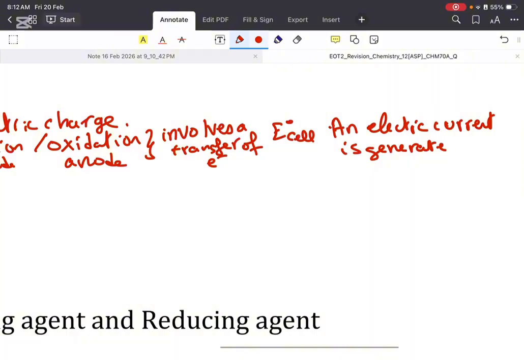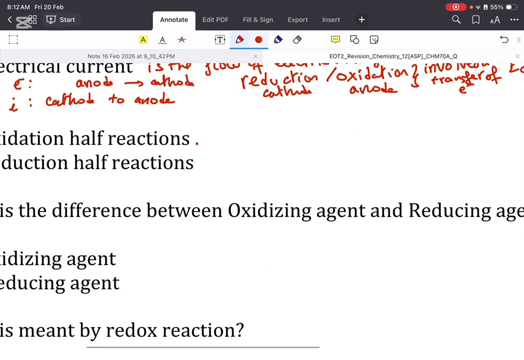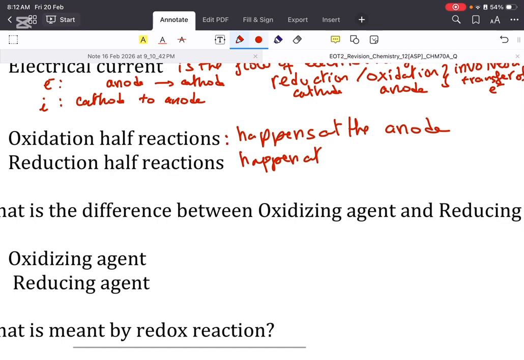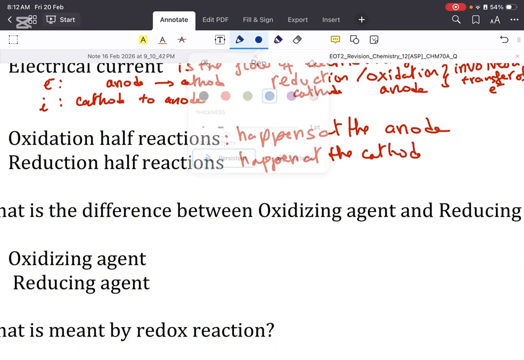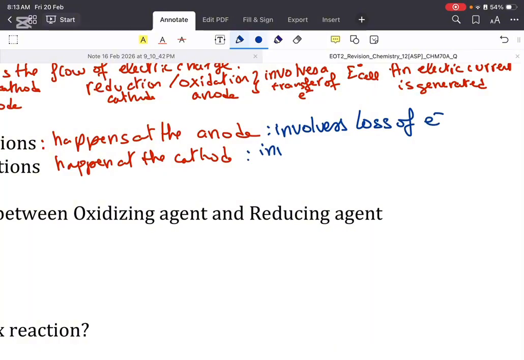is generated. Now, what is an oxidation half reaction? The oxidation half reaction happens at the anode, whether I have an electrolytic or a galvanic cell. The other one, the reduction, happens at the cathode. The main difference here is that oxidation involves loss of electrons, whereas reduction involves